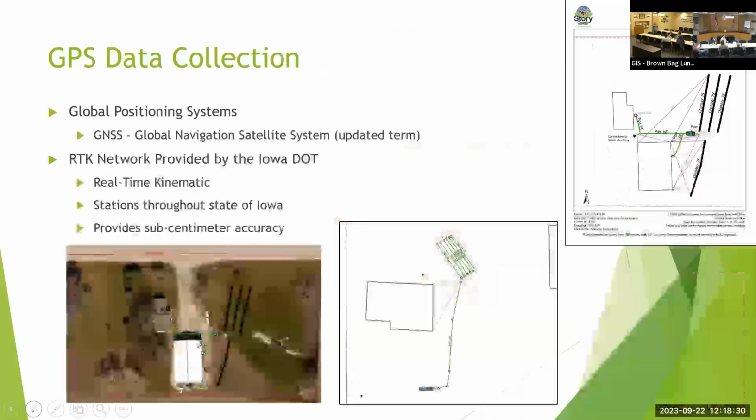All right, go to the next slide. Okay, so another technology tied with GIS is GPS, which people are pretty familiar with, global positioning systems. And actually, technically, if I get a little nerdy here, GPS isn't the appropriate term anymore. It's GNSS, Global Navigation Satellite System, but no one's going to use that. Everyone knows GPS, so I just keep saying GPS.